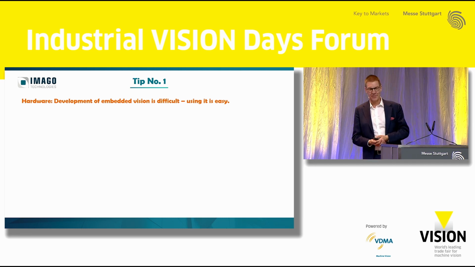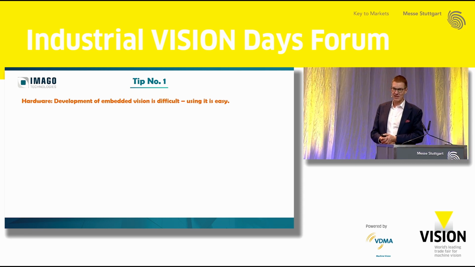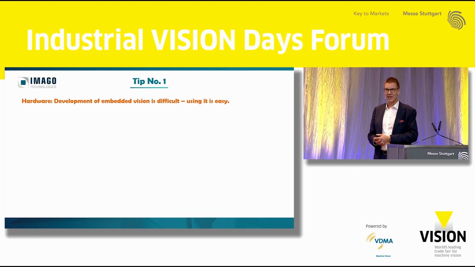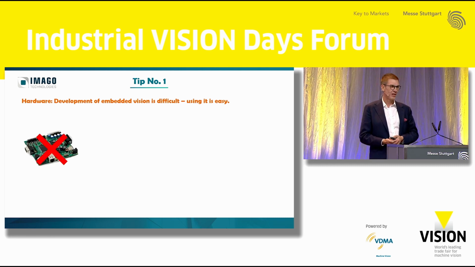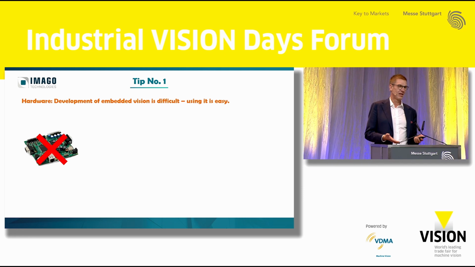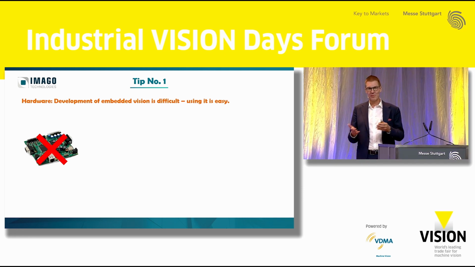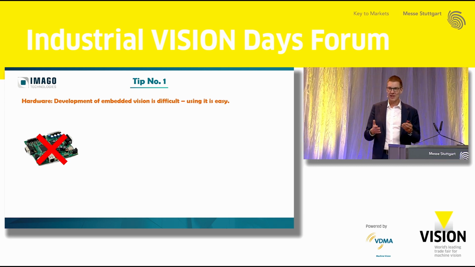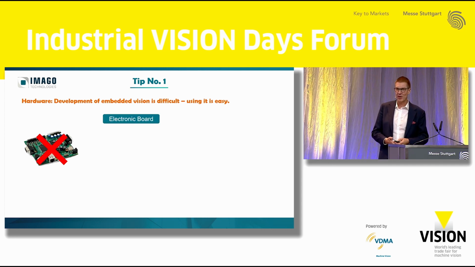Starting with tip number 1. The hardware development of an embedded vision system isn't easy. But using it today, in the meantime, is very easy. So the tip is, how do you start? Are you starting with an evaluation board from a CPU vendor? And what are the steps between an evaluation board and an industrial product? So there are many steps